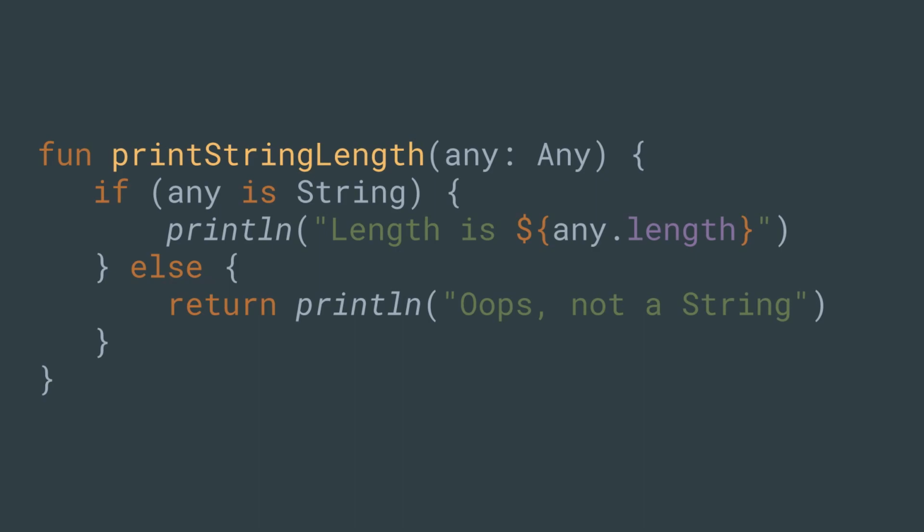But unlike in Java, if you do an instanceof within the body of the if, you don't have to actually make the cast within that branch of the if, because it knows this branch will only run if any is actually of type string. So it just assumes that any is string. So it just lets me do any.length. That's a method that's only available on type string. And on the contrary, if it isn't, well, it just lets you do more with Any.